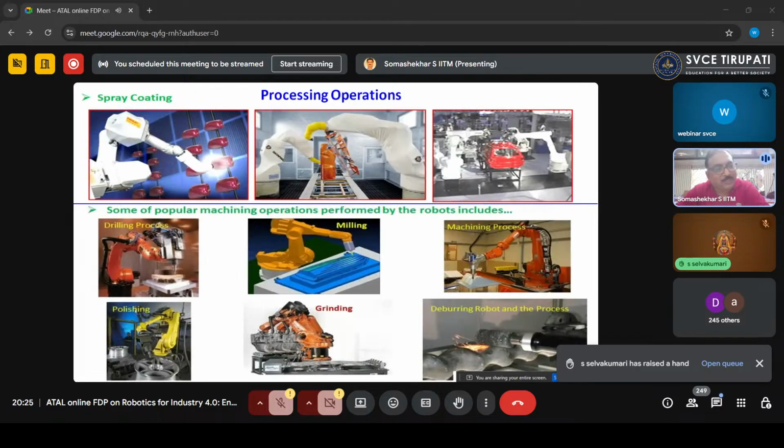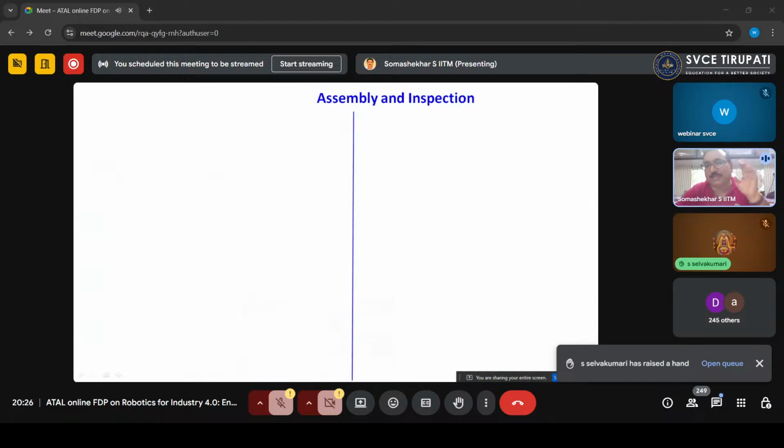Some other popular applications are drilling, milling, polishing, all types of operations, because in all these cases only the tool or end effector is changing. Please note here: your gripper is for handling the workpieces, and when you are handling cutting tools, cutters or brushes, this is called a tool, meaning different types of end effectors are used based on the application where you are attaching them to the